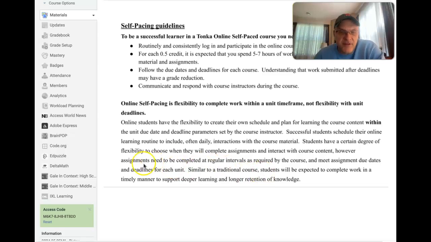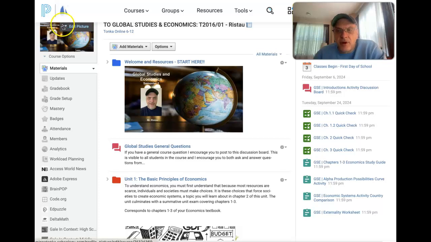And that's what the rest of this says. Assignments need to be completed at regular intervals, required by me. I like to keep things simple and just make the unit exam the deadline, meet the assignment due dates for each unit. Okay? Just like a regular course in the classroom, you're expected to complete the work in a timely manner, etc. Okay? So going back to the calendar, since we talked about deadlines here,